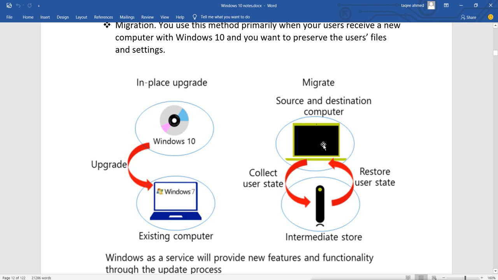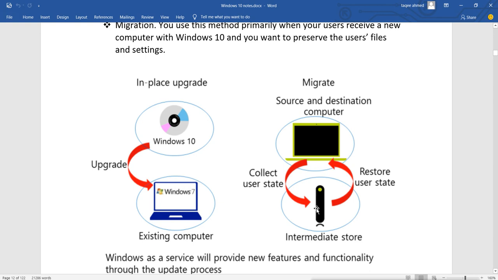Now when you want to do the migration, you have to do extra steps. What are the extra steps? First, you have to collect the user state data. That means you will back up all the user state data into a separate store or separate storage.